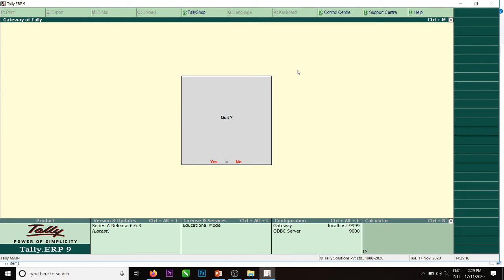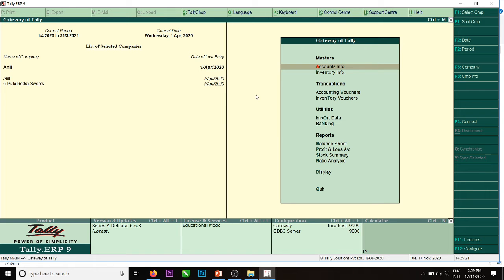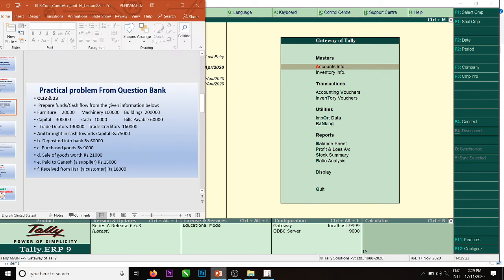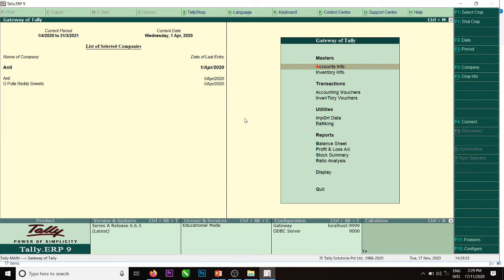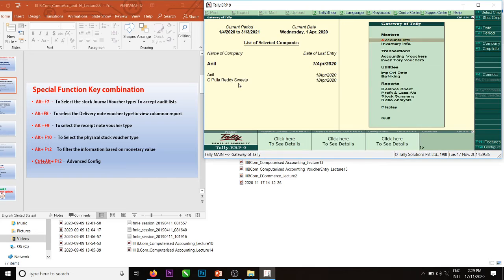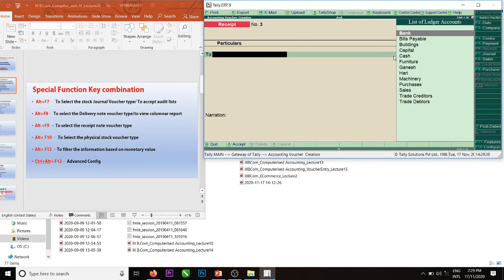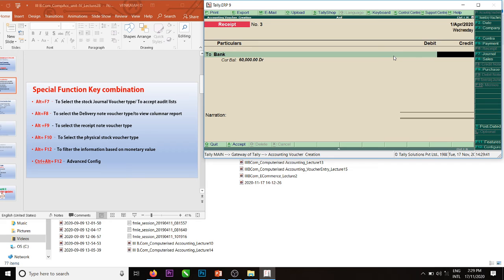Now we will go to shortcut keys. So one is Alt plus F7, to select the stock journal voucher type and to access audit. First voucher, accounting vouchers, Alt F7.